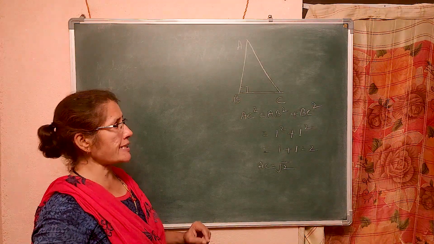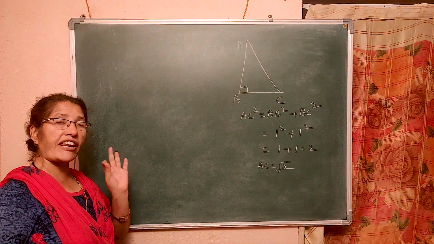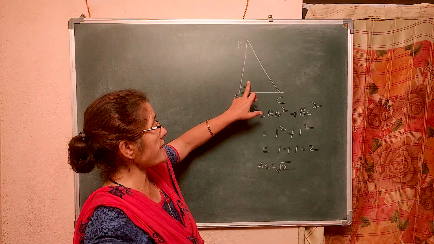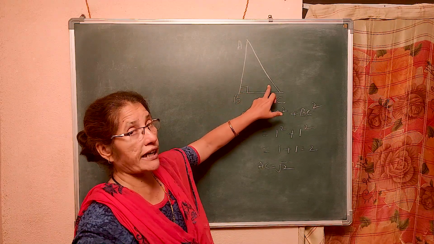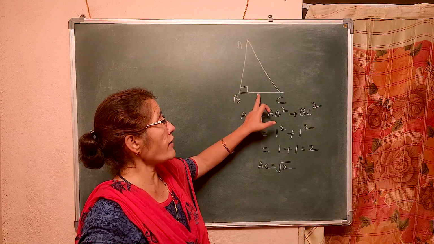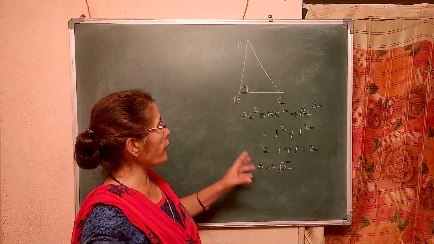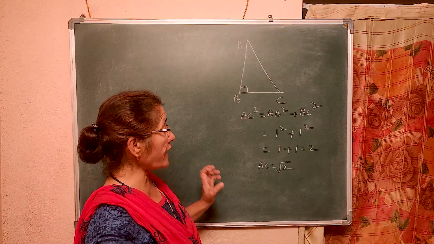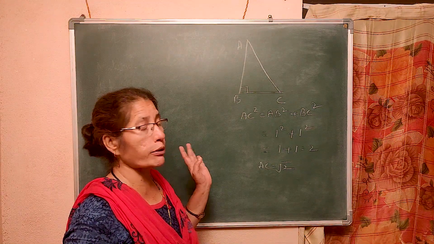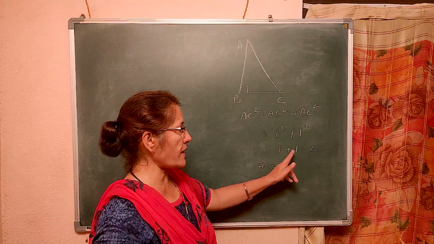Now, what I have to do is draw a number line. In order to do that, you have to draw very neatly. Did you all understand this? See, this is the Pythagoras theorem. If this is 90 degrees, the side opposite to 90 degrees is called the hypotenuse. The square of the hypotenuse is equal to the sum of the squares of the other two sides. I want to locate square root of 2 on a number line. So AC square is equal to 2. How do I get AC square as 2? This is 1 square plus this is 1 square. 1 square is 1, 1 plus 1 is 2.